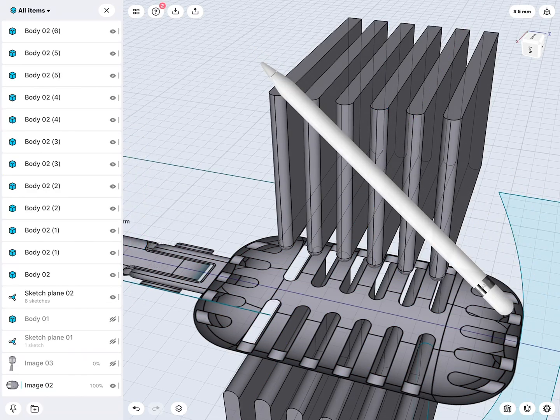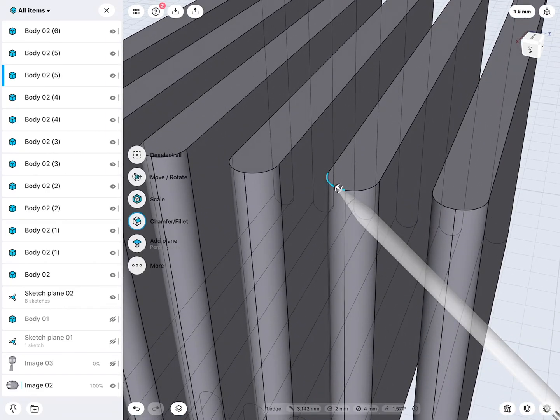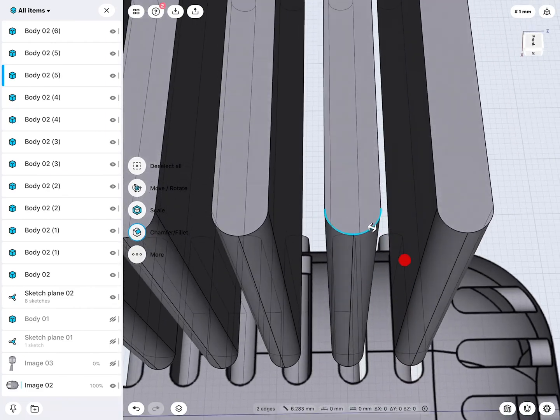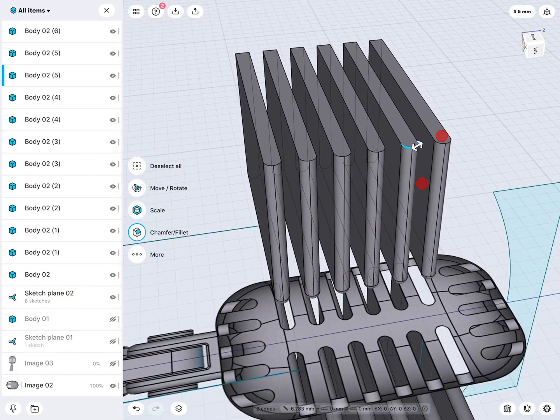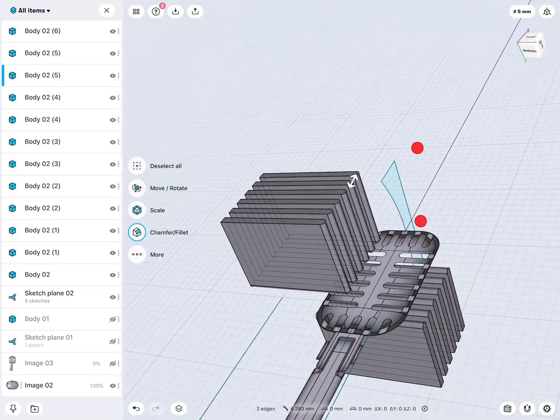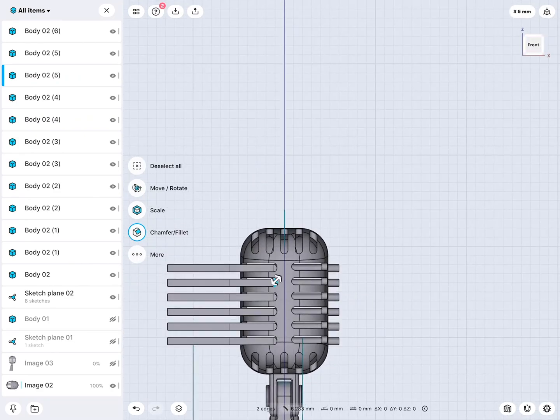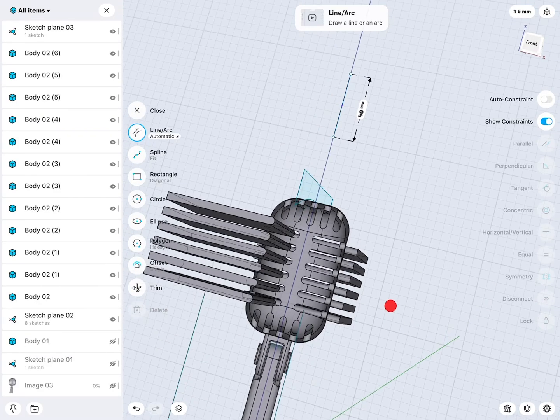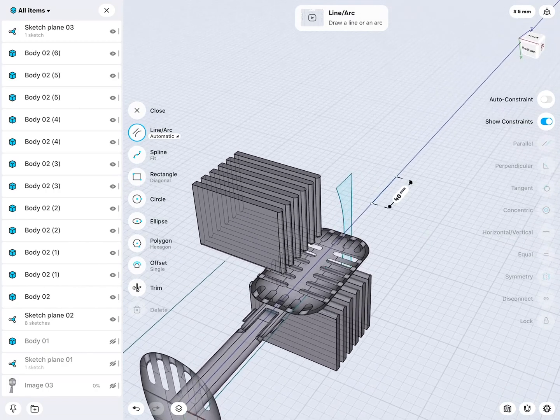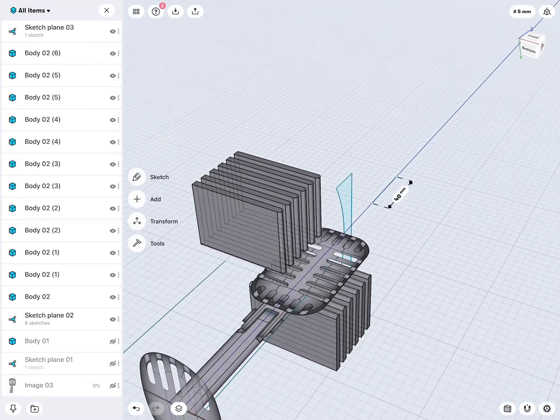Okay, let's go to there, select it from there. See, this is a perfect circle. Very good. Nice. I go to front one more time. I just draw a line here. I will show you in a second why that line becomes very useful, because I will go to transform and mirror,